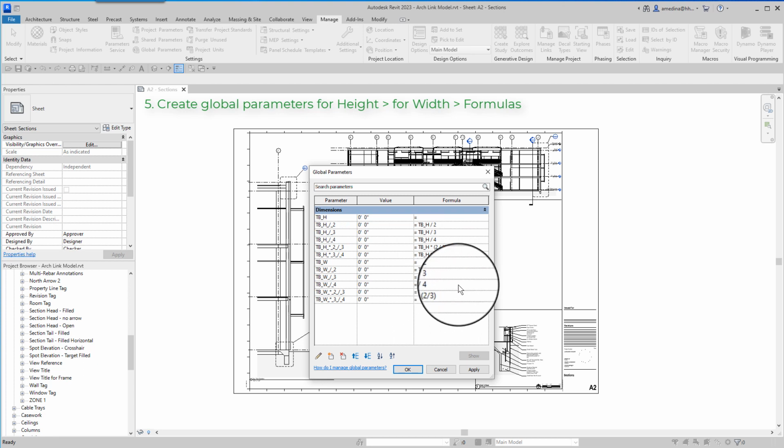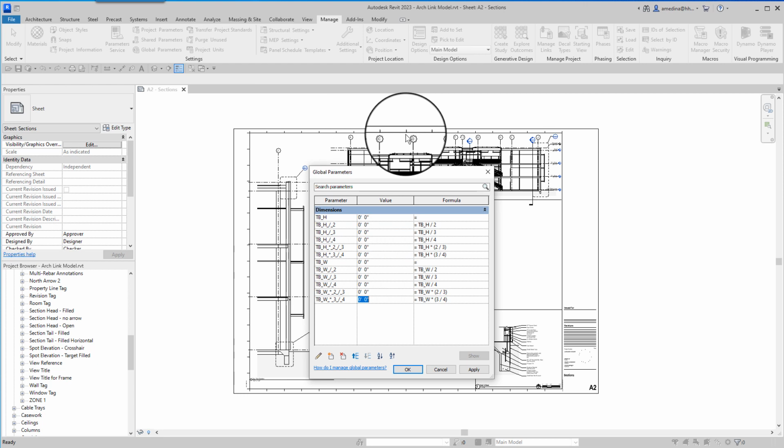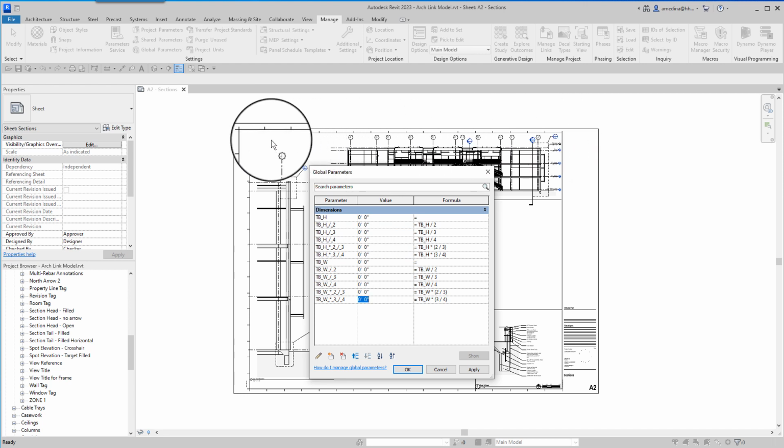Oh, okay, I need to remove this. Okay, and this one is title block width multiplied by 3/4.